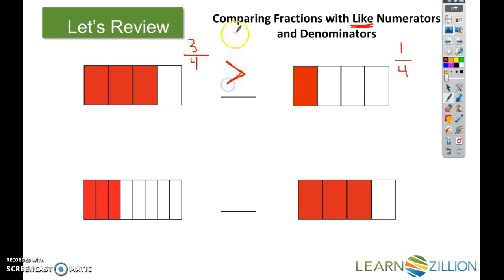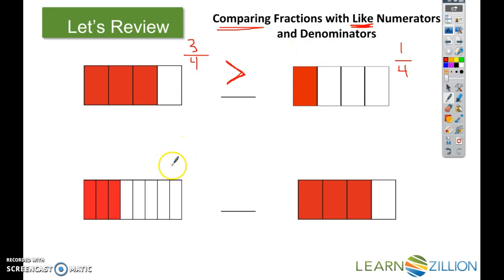and that's the comparison. So when you compare, you're using the greater than, less than, equal to symbols, or you're putting them in order. So 3 parts is greater than just the 1 part, because the whole is the same, it's the exact same rectangle. You just have 3 is greater than 1. So if you ate 3/4 of a candy bar, you ate more than the person who ate only 1/4 of their candy bar. So that's the easier one when you have the denominator the same. All you have to do is look at the numerator and you can tell which fraction is